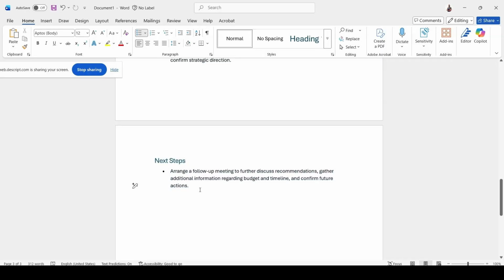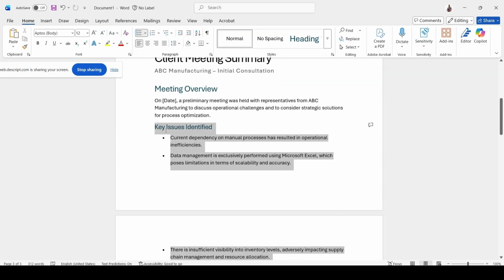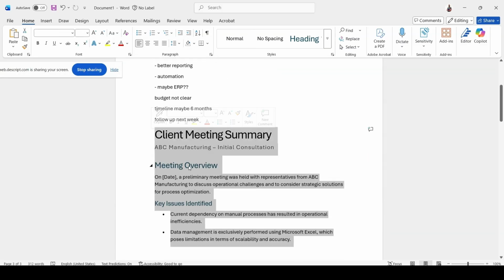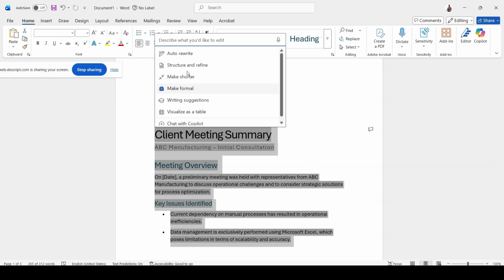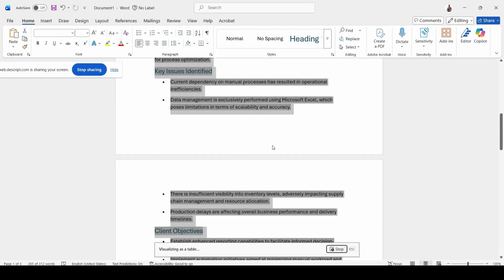Another thing that I do find interesting and that I wanted to point out: I'm going to select all of my notes again, clicking on Copilot again, and you can see here we've got different options that we can select. So we can choose to make it shorter, make it formal, and what I really want is to visualize that information in a table. So you can go ahead and click on that, and if you scroll down, you will